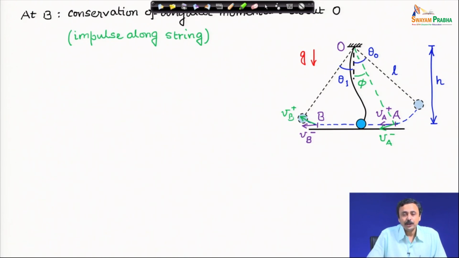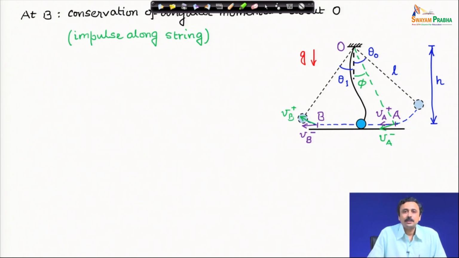Therefore, the moment of this impulsive force about O is 0. The moment of the impulsive force in the string generated at B about O is 0, because the string gets taut and BO is the straight line along which the string tension acts. Therefore, the impulsive string tension acts through O, so the moment of that impulsive tension force is 0 about O,